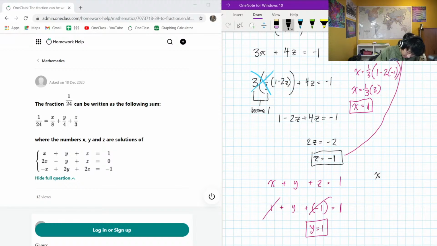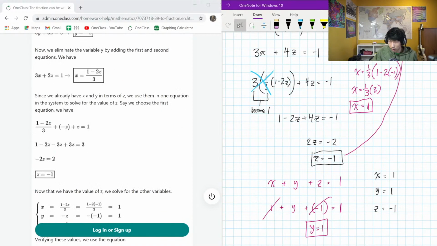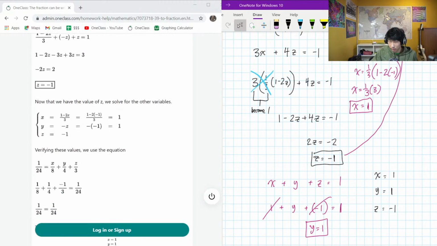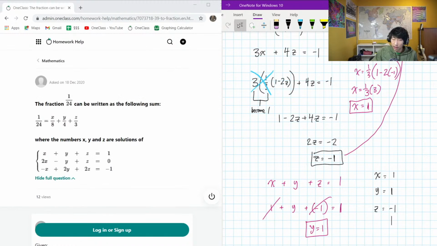Okay, so this will be the result of our system of equations analysis. So x, y, z. x is 1, y is 1, z is negative 1. Hopefully we would come to the same conclusion here. z is negative 1, y is 1, x is 1, awesome. And yeah, that means now that we found these,